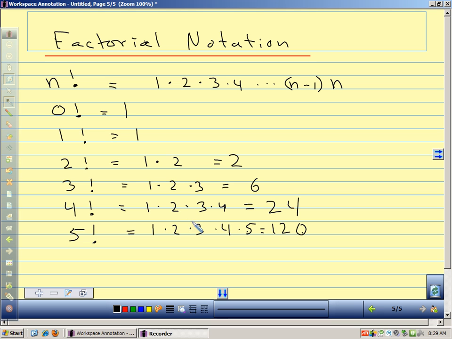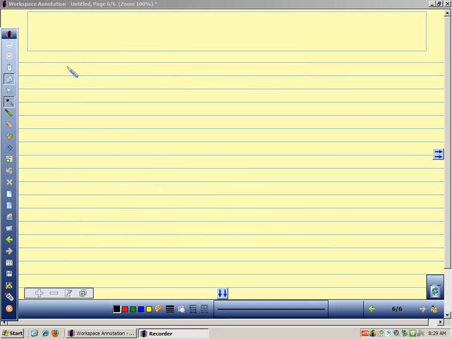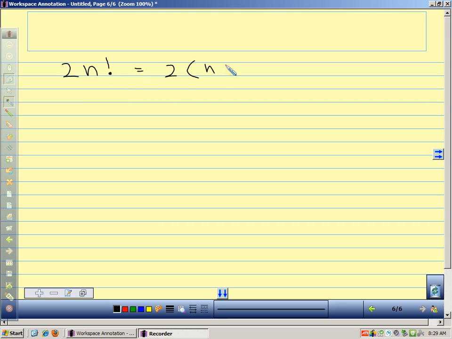And factorial follows the same order of operations as the exponents. So if we're thinking of PEMDAS or order of operations, factorial is in the same place as exponents, so it's one of the first things we do. Parentheses, exponents. Factorials go along with exponents. So an example of that would be the difference between 2 times n factorial, that equals 2 times n factorial,